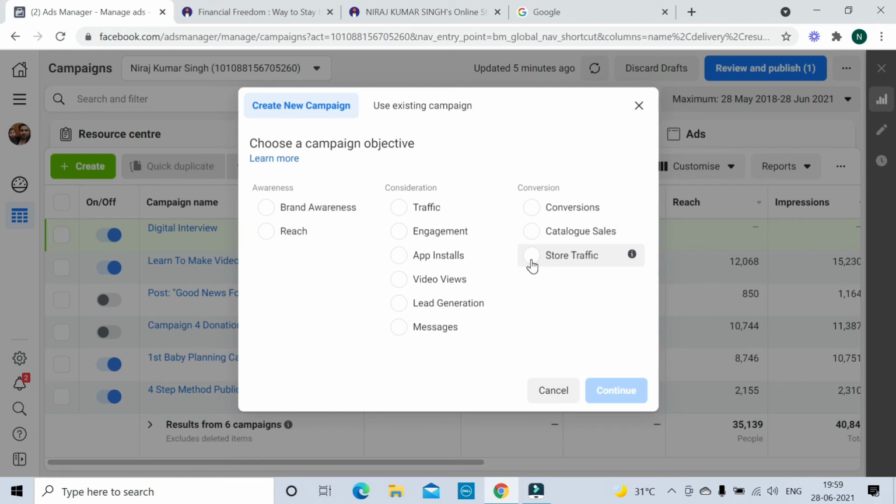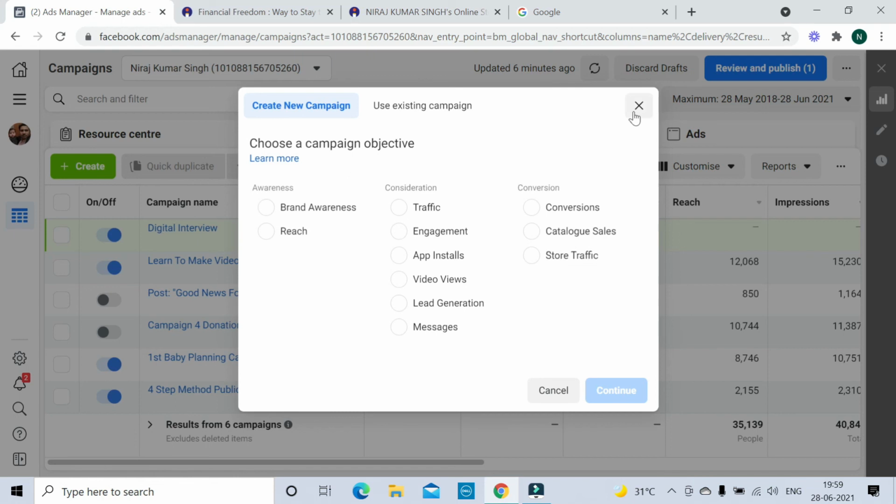So this is the overall view of campaign objectives. In the upcoming lesson, I will show you the traffic one, because I'm running this campaign and I'm going with this campaign only. And if you think that no, I want some more campaign ideas, then don't worry. You can go ahead and search one by one on YouTube how to do this, how to do that. You can get it easily. Okay, so I hope you got some ideas from here.